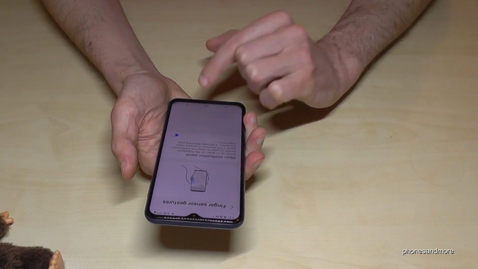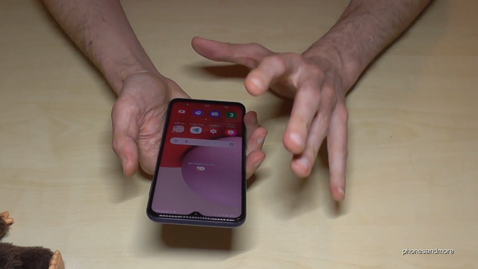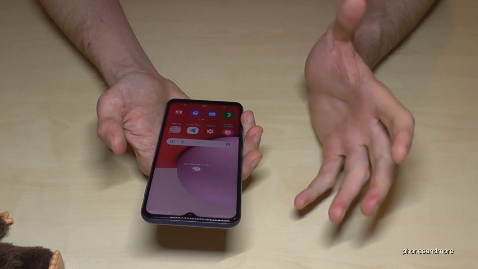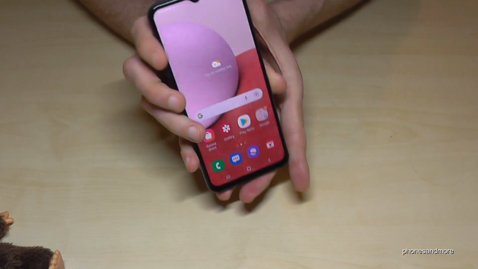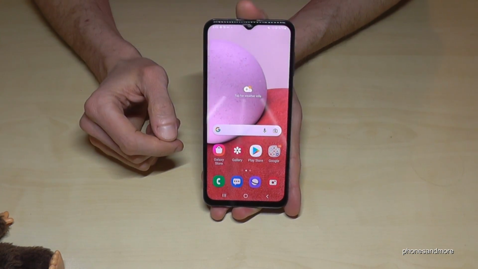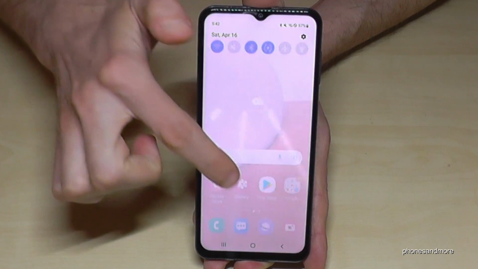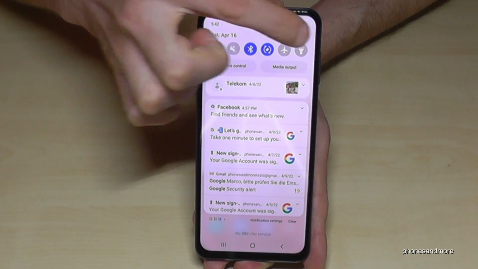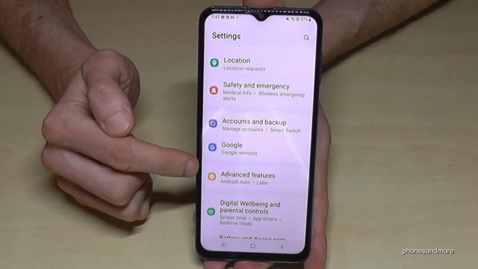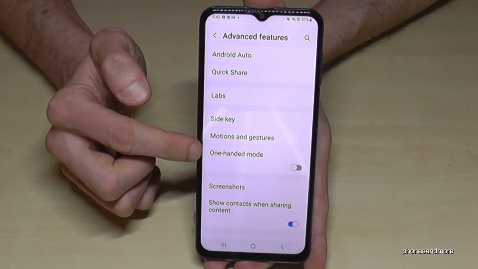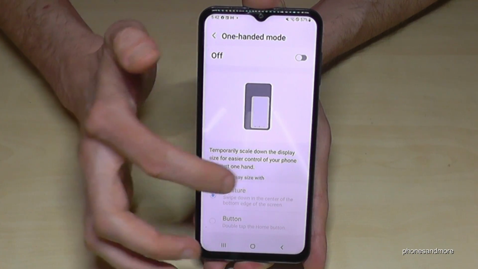And there's also something which supports one-handed use. You can make in general here a mini screen. Let me show you how this works. For that, just scroll down here, then tap on the symbol for the settings. As you know already, we go again to the advanced features. And here's a point which is called one-handed mode. If we enable this feature,